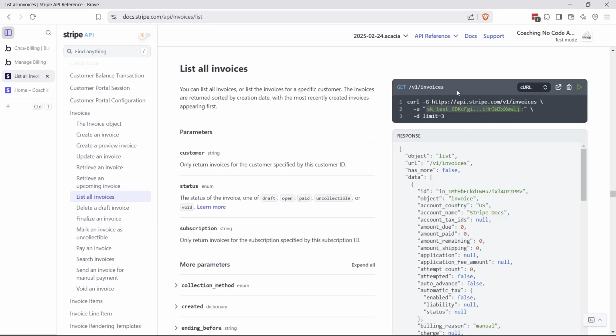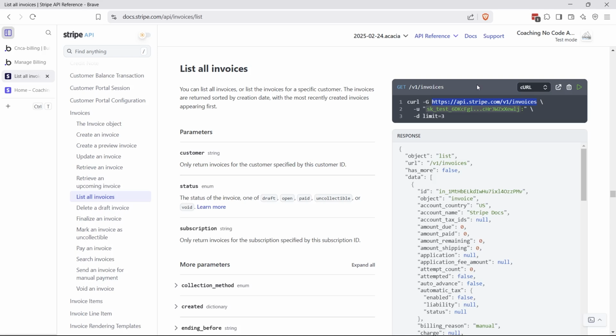And I want you to note on the upper right-hand side here a few things. We have the method of the API call. This is a get method. There's 5 methods that you can select from, and we'll be seeing an example of a few of them. And then you also want to look at the endpoint for this call. So this URL right here is known as the endpoint. You can think of an endpoint as sort of an address for where that resource lives and where you're going